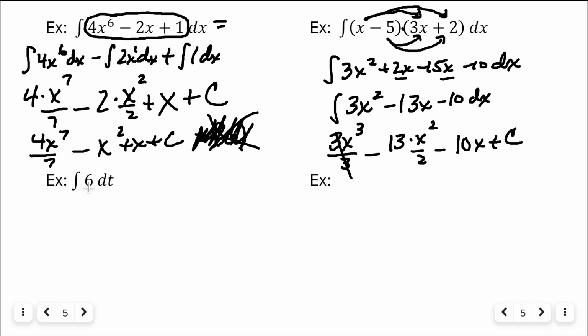Okay, now let's take a look at this one. The integral of 6 dt. So I changed the variable of integration, right? All the variables of integration so far have been dx, all the way across the board. When I integrated on the last slide, I integrated 5 with respect to x. And we said, oh, that's 5x plus c. So if I ask you to integrate 6 with respect to t,